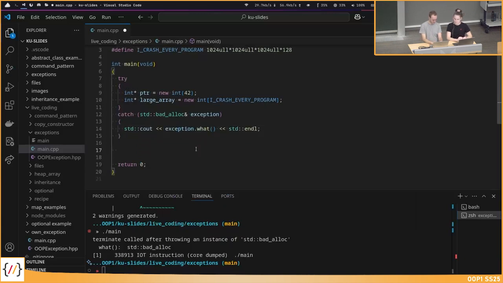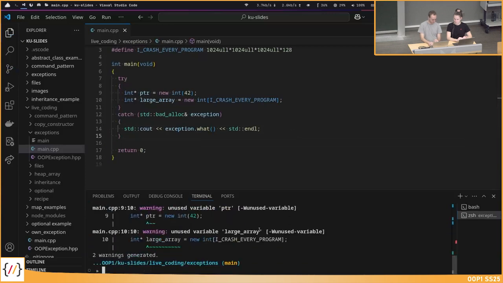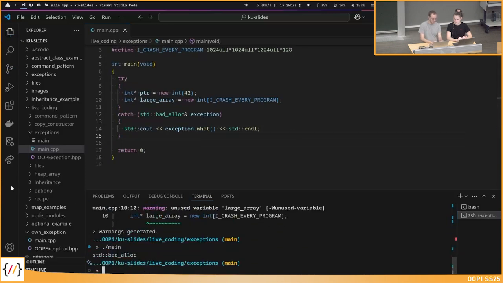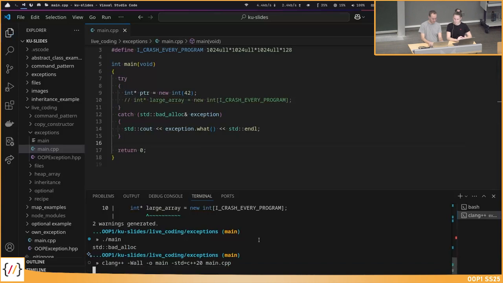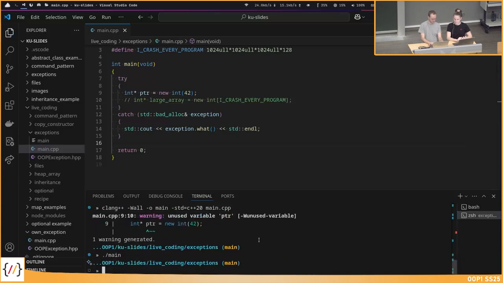If we run it now, we see std::bad_alloc is printed because we allocated too much memory. We caught the bad_alloc exception and called what on it, and this printed the type of the exception in this case. If I don't have the large array here, so all the allocations work as usual, then of course this is not printed, and there is no problem.